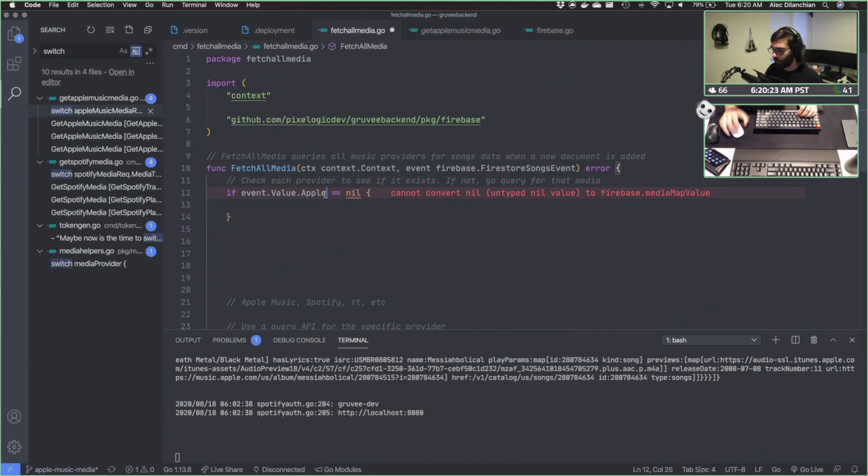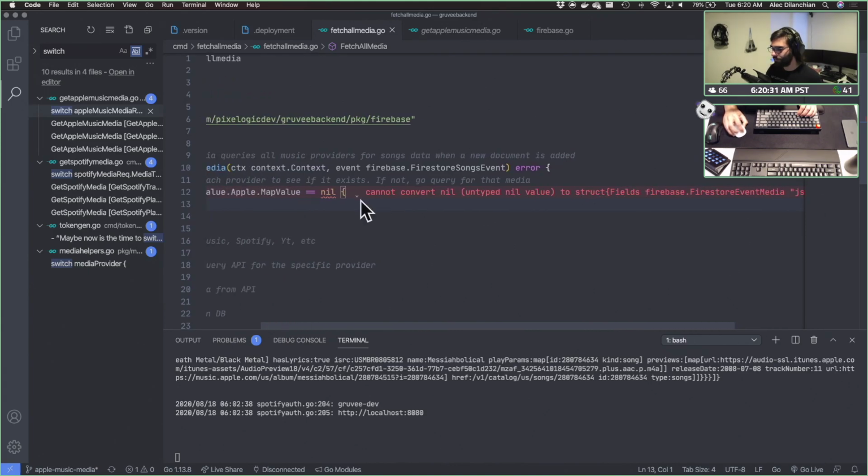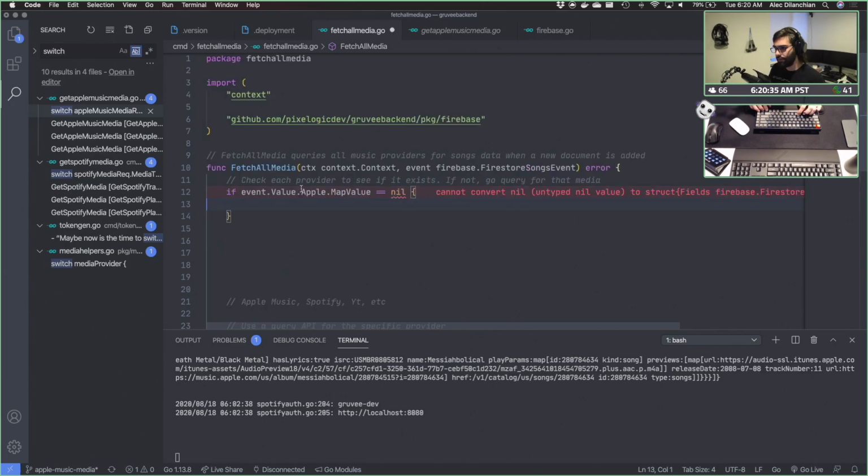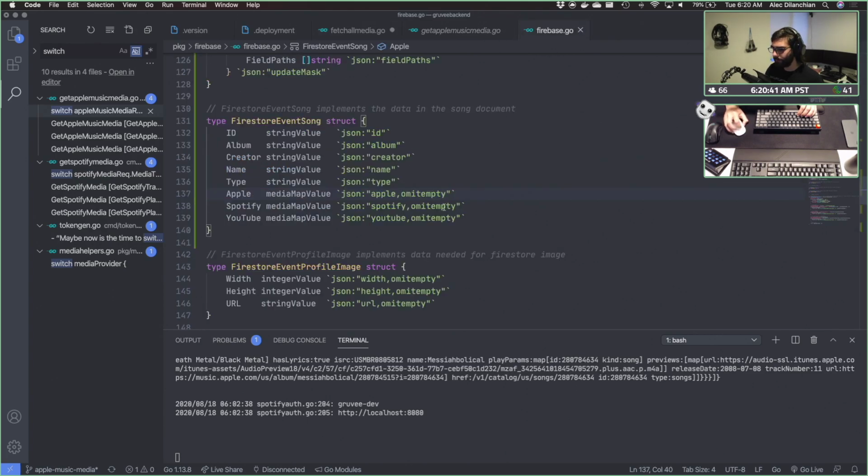Wait, cannot convert. Oh, apple.map value: cannot convert nil, untyped nil value to struct fields, JSON fields. Oh, interesting. I wonder if we need to change this a little bit. So actually make these things as